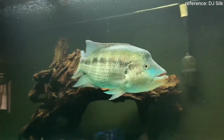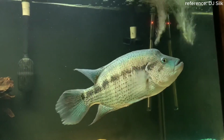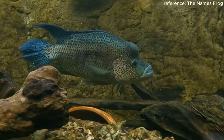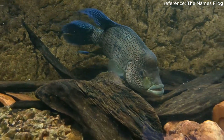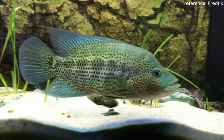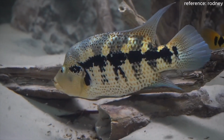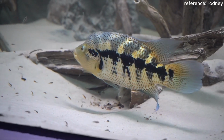You're gonna need to maintain excellent water quality with strong filtration to handle their heavy bioload, and regular water changes are non-negotiable. These fish are carnivores and they prefer a diet rich in proteins, so think meaty foods like shrimp, fish, and high-quality pellets. Honestly, keeping wolf cichlids can be a challenge, especially if you're hoping to pair them with other fish. They're best kept solo or with other large, equally aggressive species. This fish is not for the faint-hearted, but for those of you who can handle their fiery personality, they are